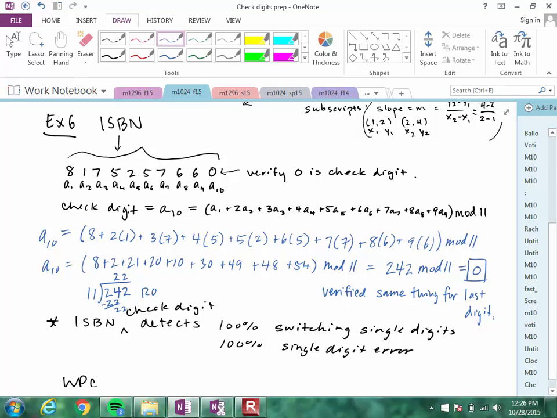Now other errors, if you mess up 3 digits, then the accuracy goes down. It's not as accurate at catching those errors. It still has some detection power. We're not going to go into the reasons why. But